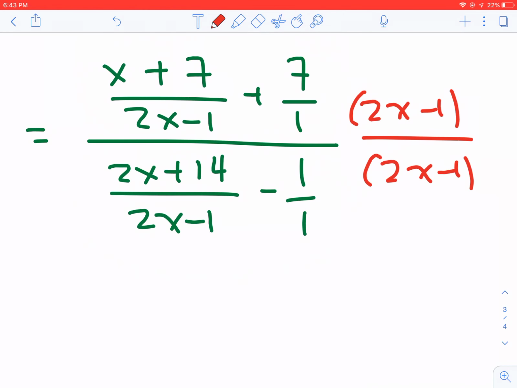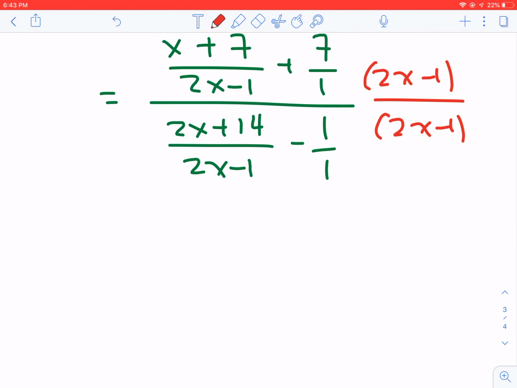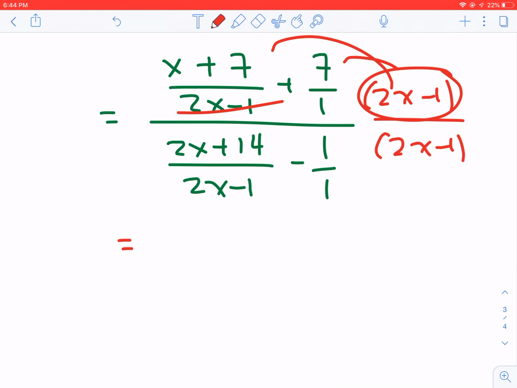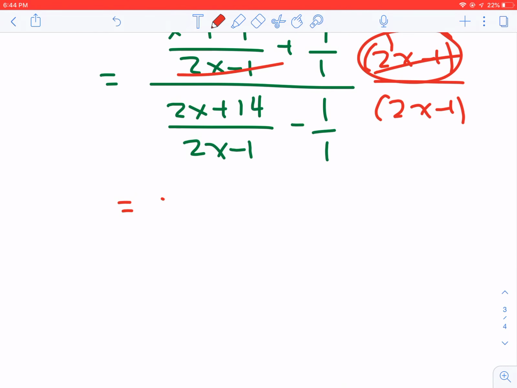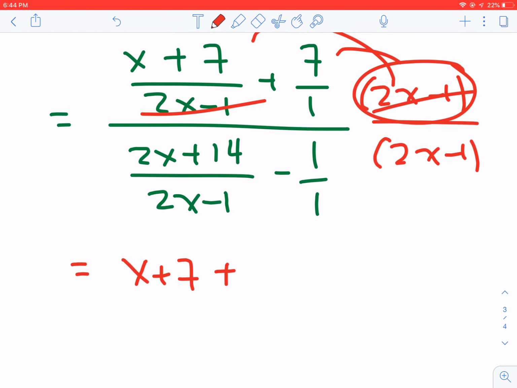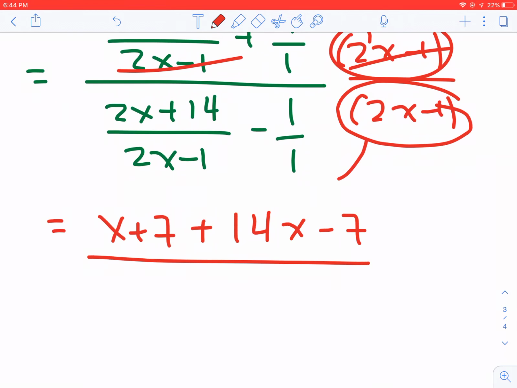So, anyway, distributing this 2x minus 1 over the top, the 2x minus 1's cancel out. We get x plus 7 plus 7 times 2x minus 1 is 14x minus 7 all over, distribute the 2x minus 1 to both terms on the bottom. We get 2x plus 14